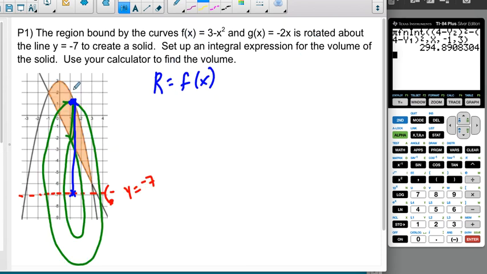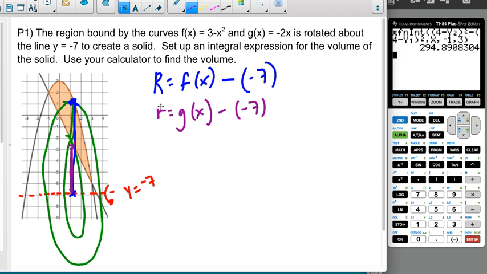So I'm going to go ahead and say the top curve, which is f of x, minus the negative 7, right? And if you want to make it plus 7, that's fine. The inner radius, which we'll use purple for the inner radius here. The inner radius is this chunk right here. That's going to be the line, which we know is g of x, minus the axis of rotation, which is negative 7, right? And if you want to make those plus 7, please have fun. That's great. I don't care. It's up to you. So again, we're going from negative 1 to 3. It's the same bounds. We can see that it's the same exact graph from the last example, just a different